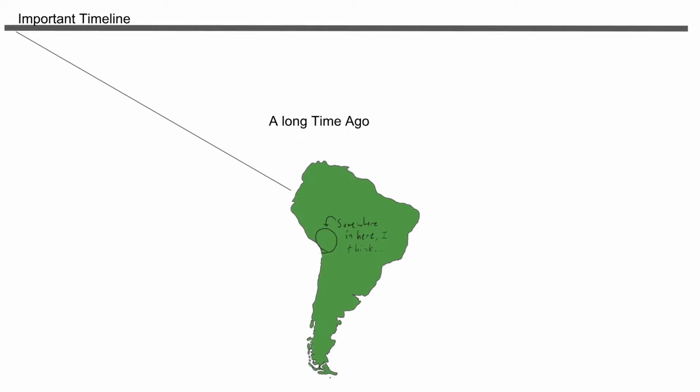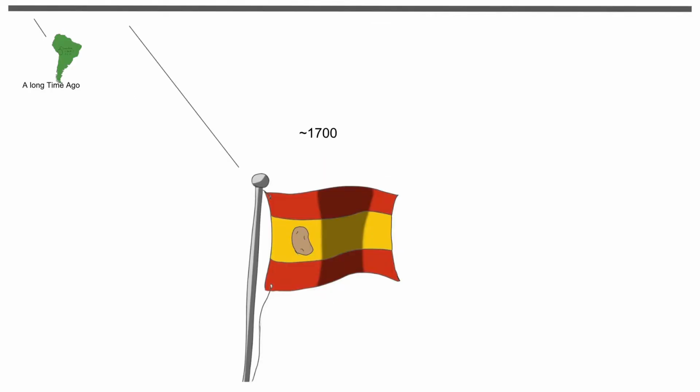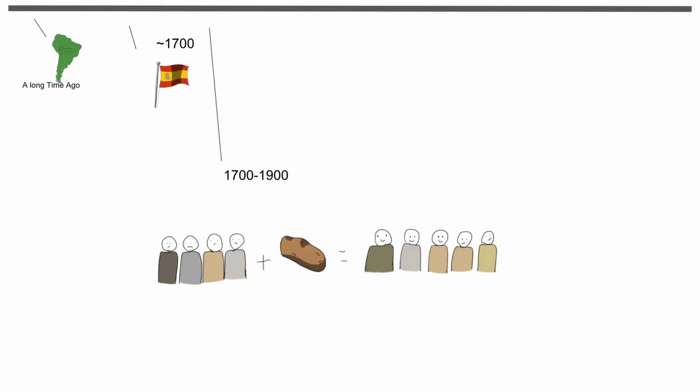Today I'll be talking about the history and many uses of the potato. The potato was originally used in central western South America a long time ago, until the Spanish brought it to Europe in the 1700s. And after the Spanish brought it to Europe in the 1700s, the world's population increased by 1/4 up until the